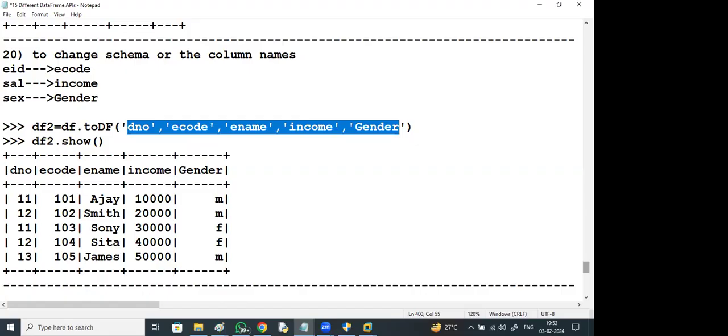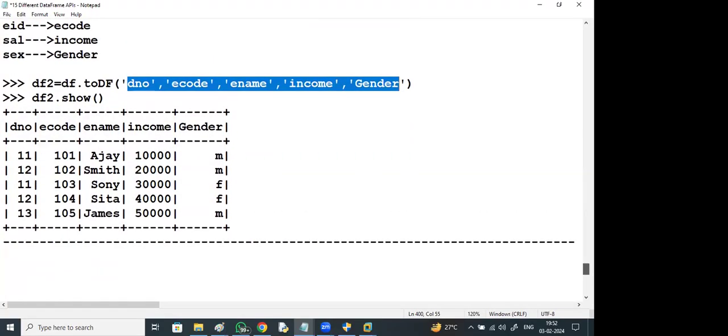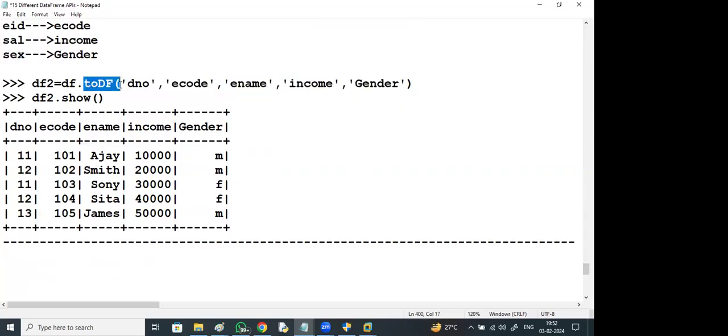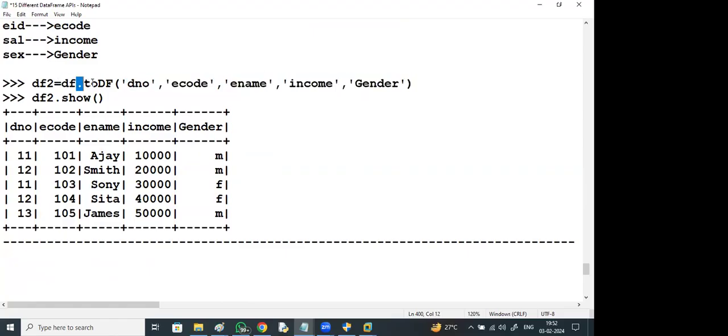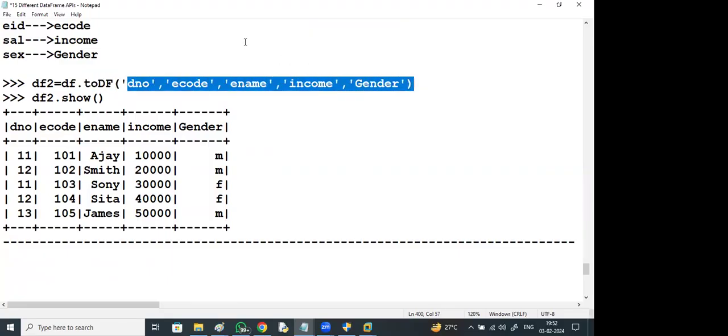Okay. So if you want to rename only 2, yeah, the data frame is converted to a data frame only, but the new data frame should have these column names. The old data frame's columns, toDF, again converted to a data frame only, but with these column names. Previously they had some different names. Okay. There is no in-place change of the DF. So if you want to change a particular column, you can also change a particular column.